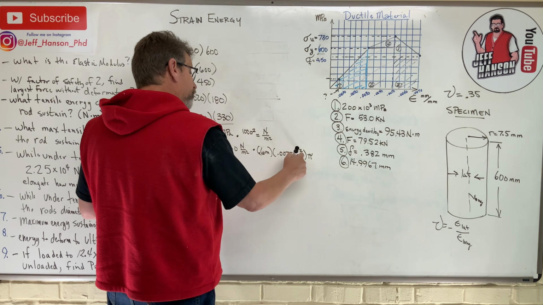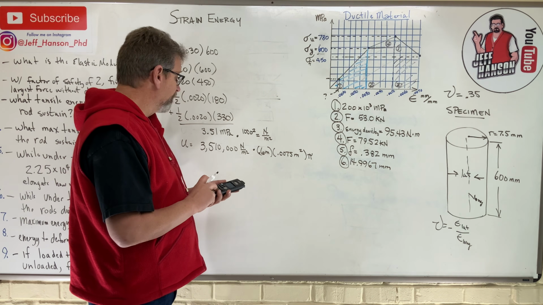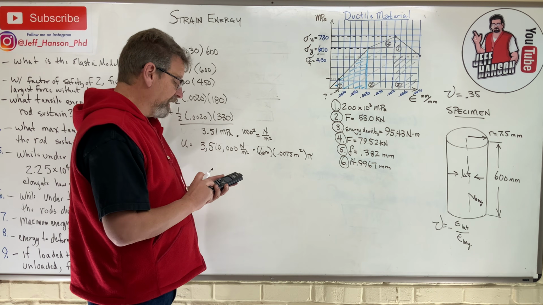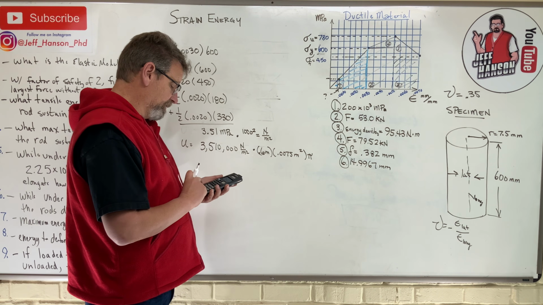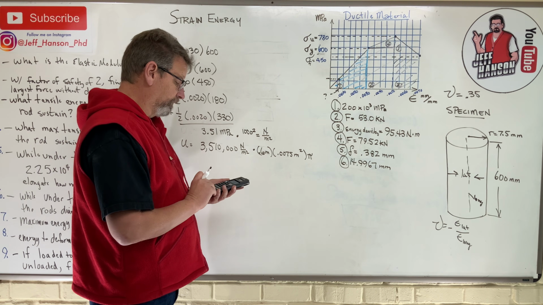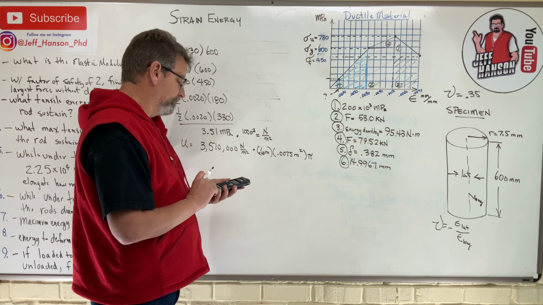Pi r squared, okay? So times 0.6 equals times 0.0075 squared equals times pi equals